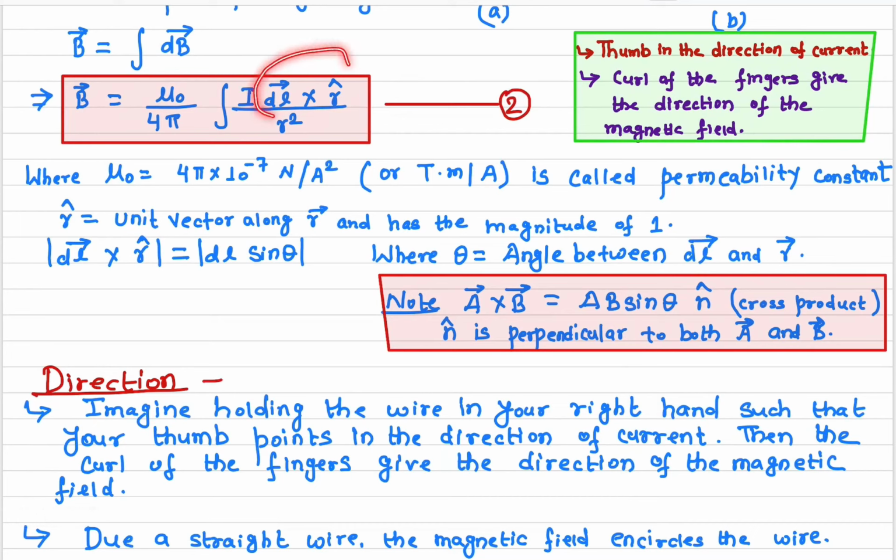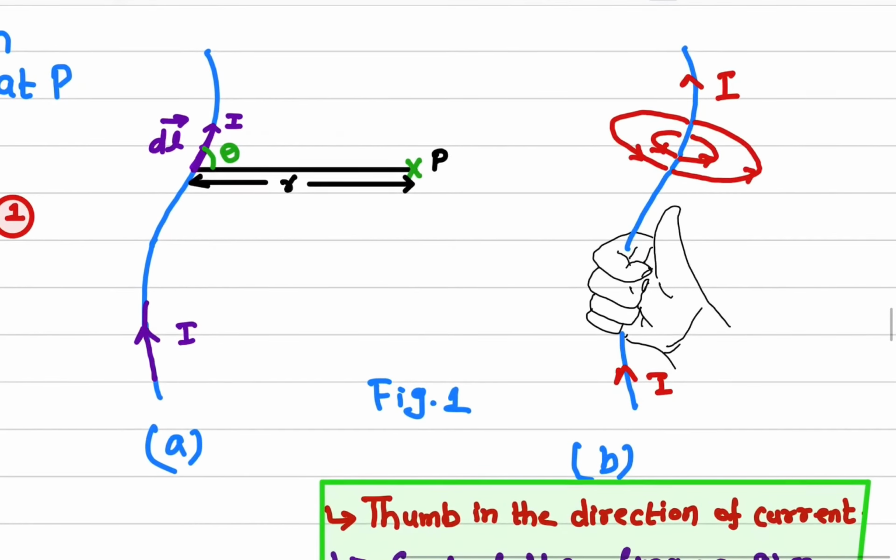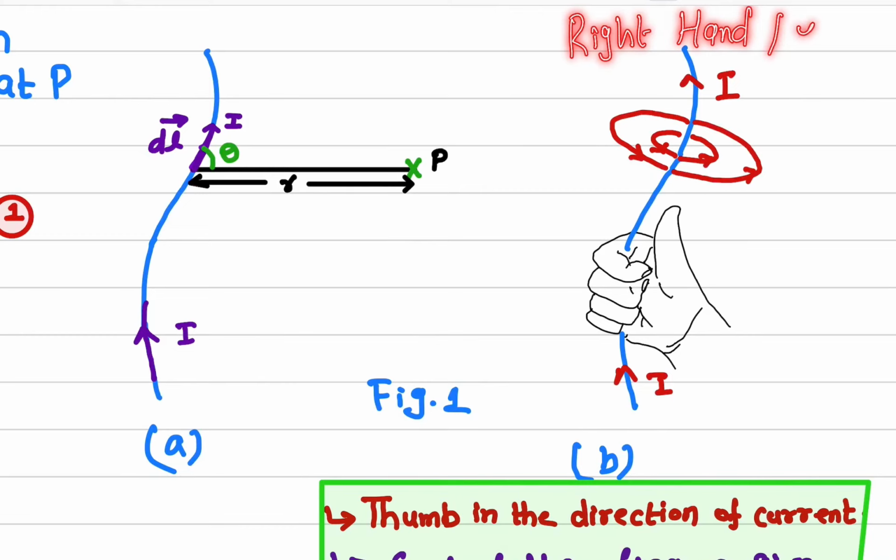If you already have taken the calculus class, you should be familiar with the cross product. So far we talked about the magnitude of the magnetic field. Now let us talk about the direction. How do we find out the direction? Here we are going to find out the direction by using the right hand rule. What does the right hand rule tell you? If you hold this wire such that your thumb points in the direction of current,